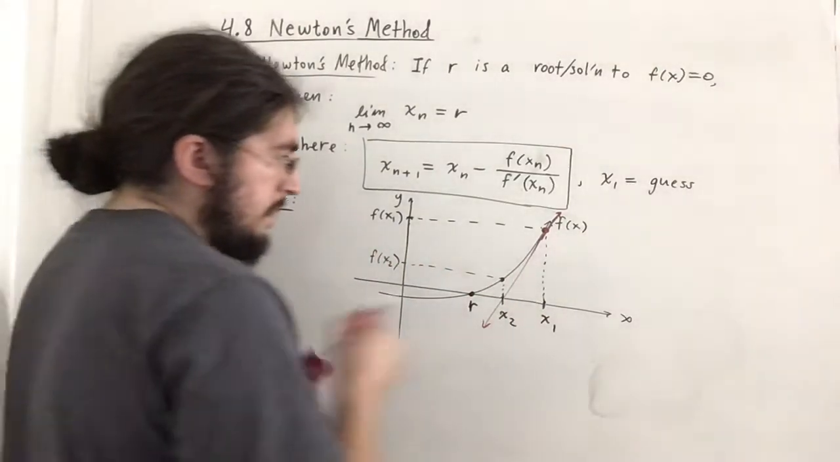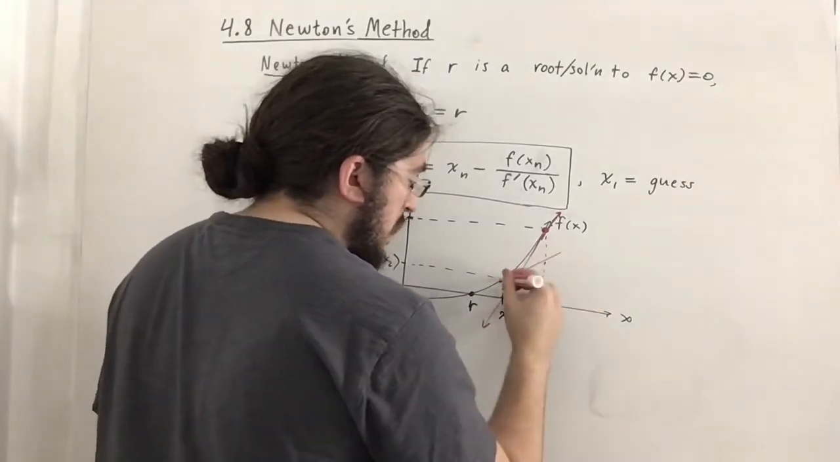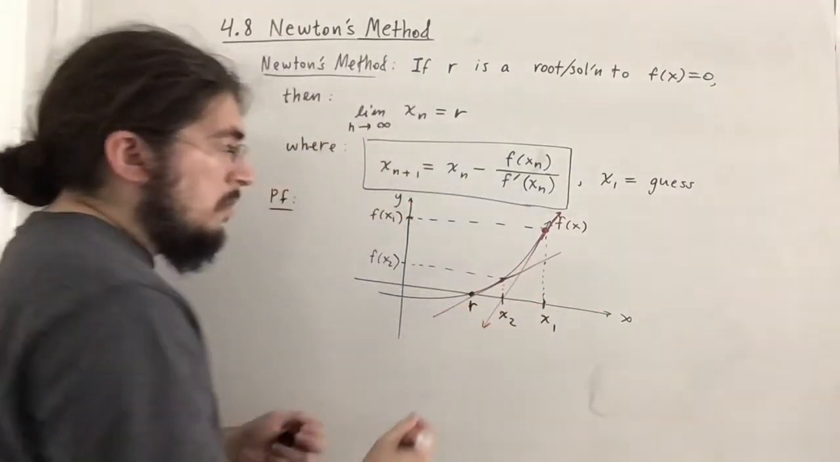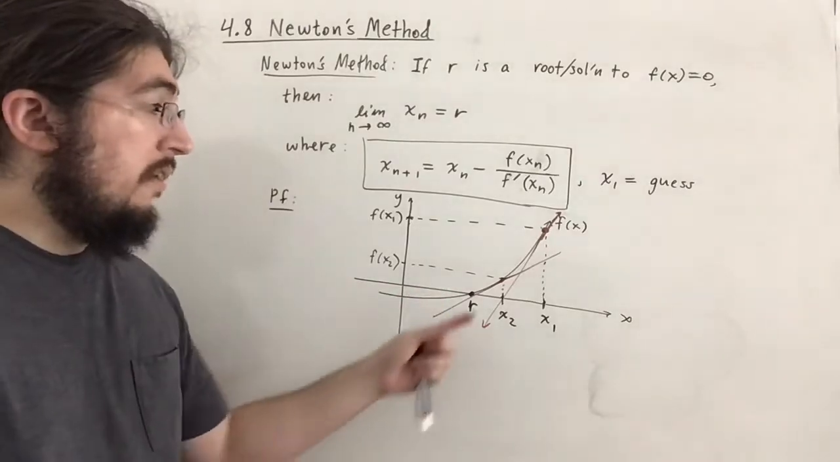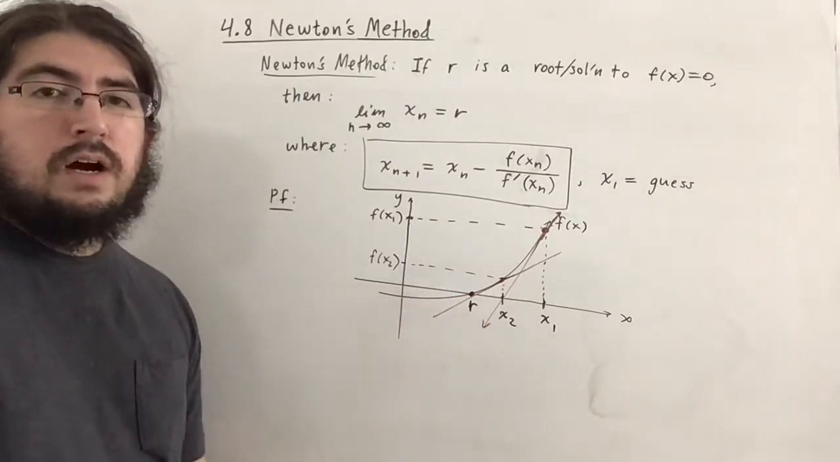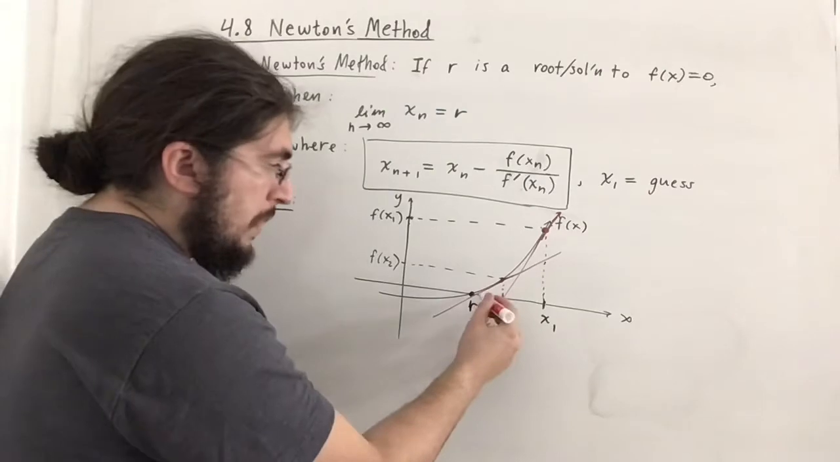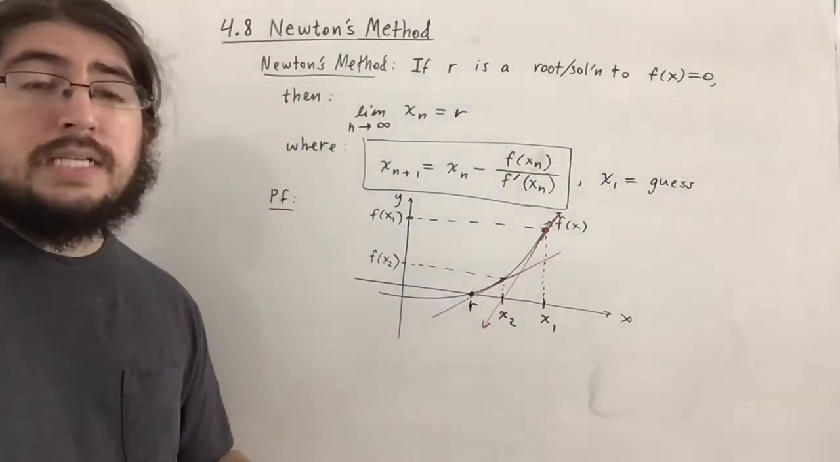Create a tangent line. And look at that. The tangent line will never pass r. It'll still be on the same side of r, but it gets closer and closer and closer to r. How crazy. So then you can repeat this process, call that x3, and keep going until you're satisfied with your